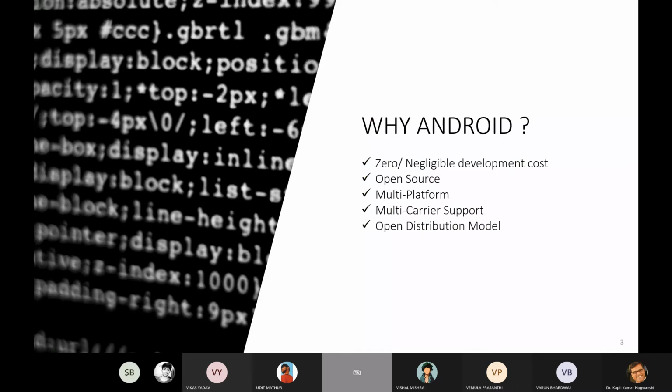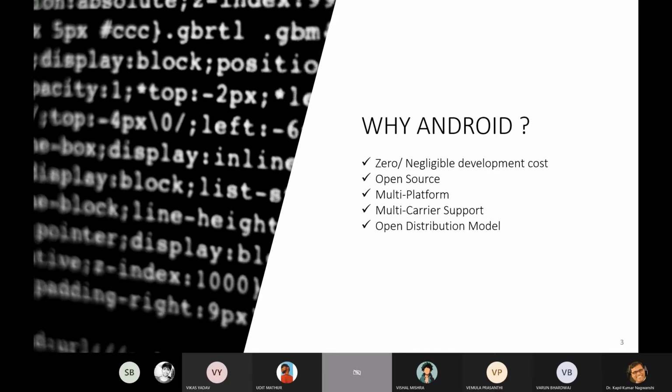Now, why Android? Why go for Android? Because it has a negligible development cost. Development tools like Android SDK, JDK, and Eclipse IDE are free to download for Android mobile application development. Also, Google charges a small fee to distribute your mobile app on the Android market. Second point, open source: the Android operating system is an open source platform based on the Linux kernel and multiple open source libraries. In this way, developers are free to contribute or extend the platform necessary for building mobile apps which run on